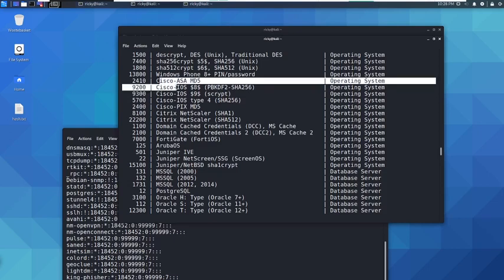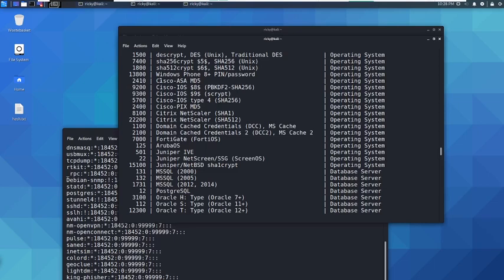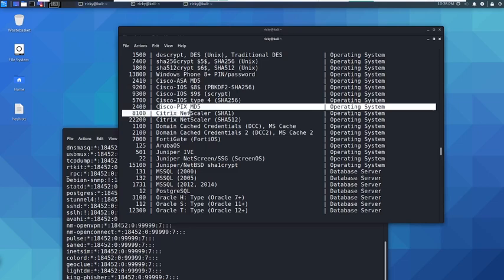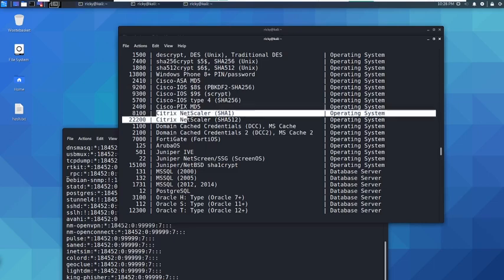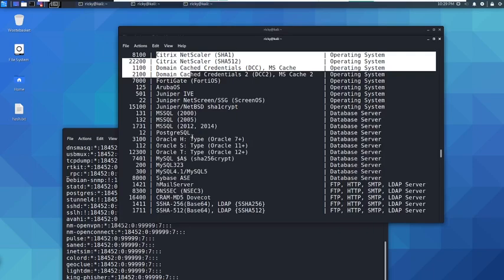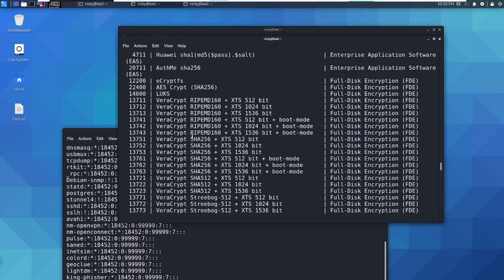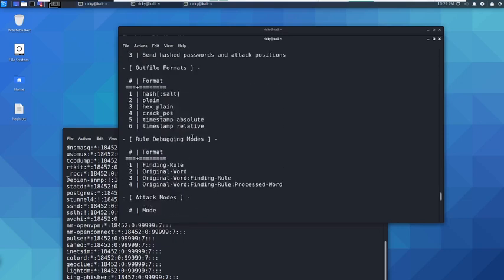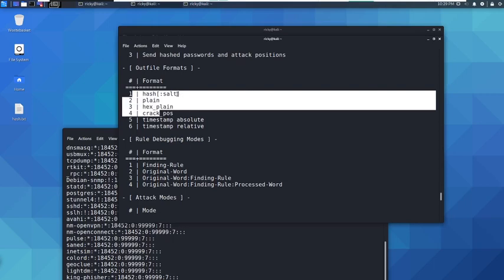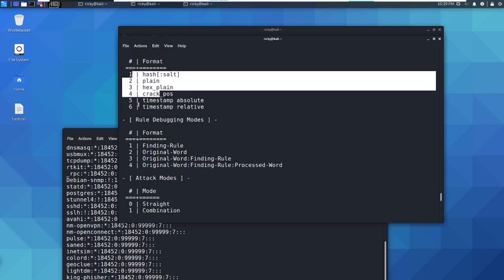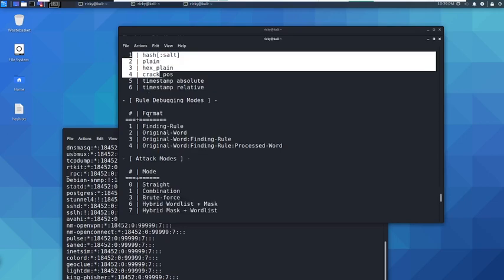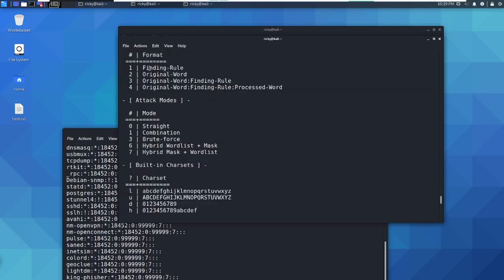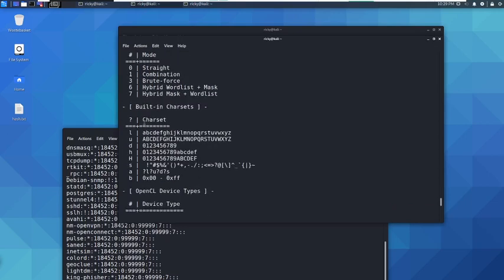If anybody is familiar with Cisco devices, ASA firewalls, PIX firewalls, even Citrix NetScaler, I recommend that you be familiar with these hashes also. So you have PKG, everything. Then format. What file are you injecting, and what format? We are injecting the hash file and the LST file, and also the format.